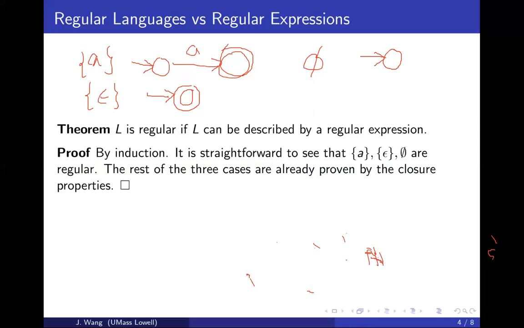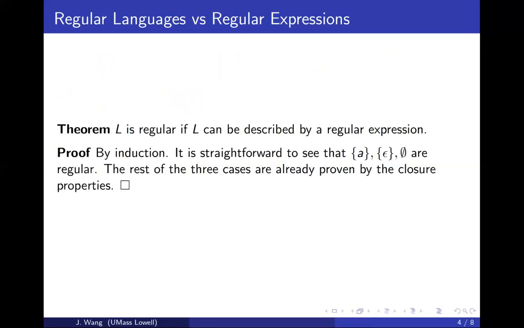And then of course we can represent these as singletons: this is just the empty string, and this is just the empty set. Then the hypothesis will be assuming, as this is induction on the length, that when the length of R is less than or equal to k, then R is regular. Then for length k plus 1,